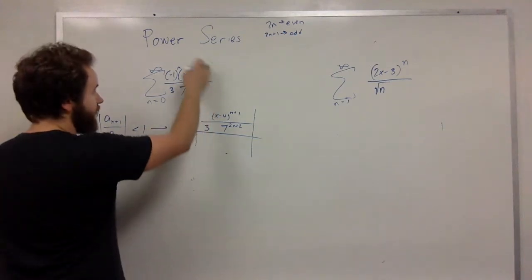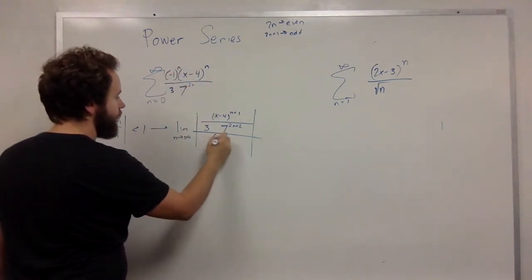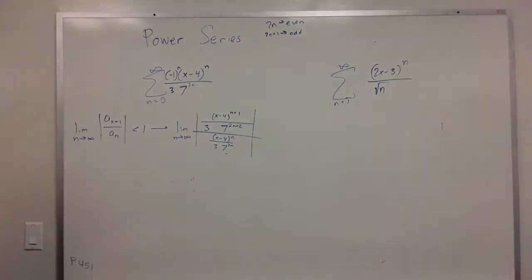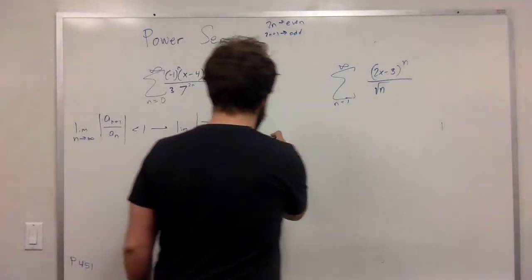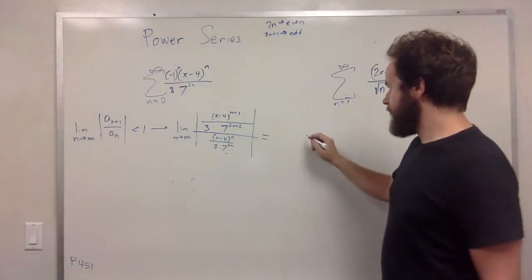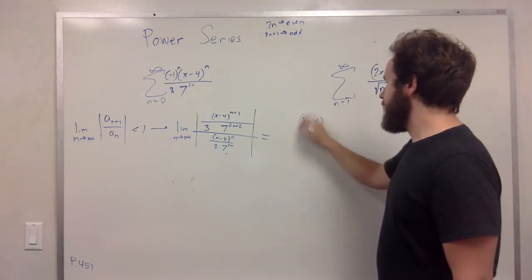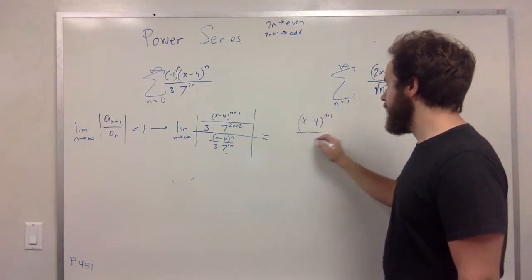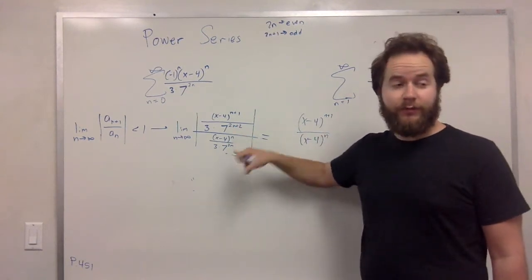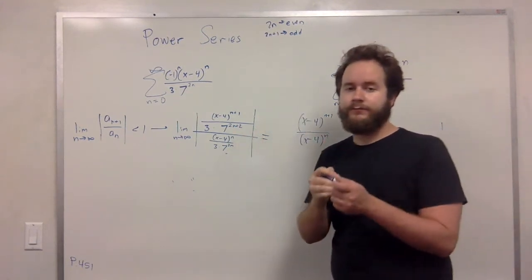The nice thing is you just copy this term. So you just copy the term that's in the series. All right, let's clean this up a bit. We have x minus 4 to the n plus 1 over x minus 4 to the n. By dividing by this bottom fraction, I'm flipping and multiplying by the